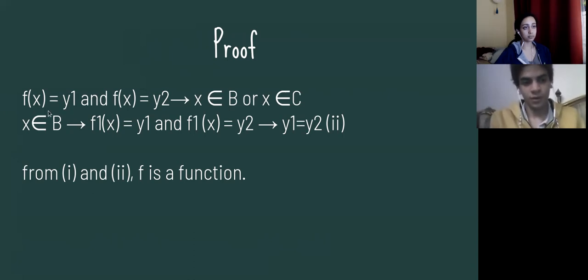So I'm going to say f of x equals y1 and f of x equals y2. This would imply that x either belongs to B or x belongs to C, right? Because I have that B and C are both disjoint, and I have that the domain of f is B union C. Then if f of x equals y1 and f of x equals y2, this means that x belongs to the domain of f, which is either B or C. So x belongs to B or x belongs to C. Now, if we assume that x belongs to B,